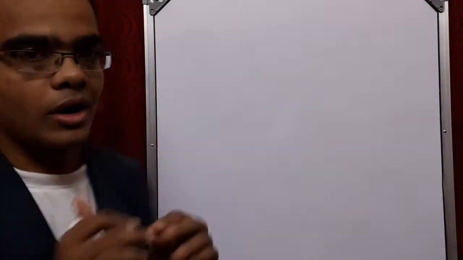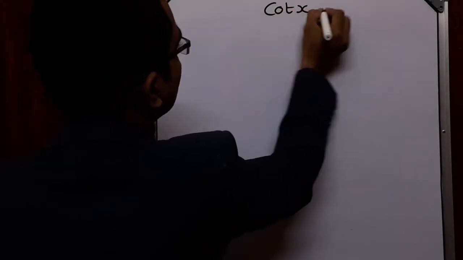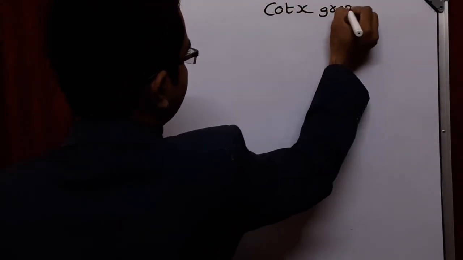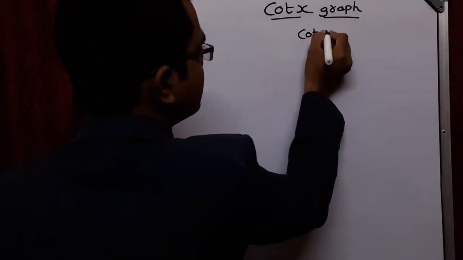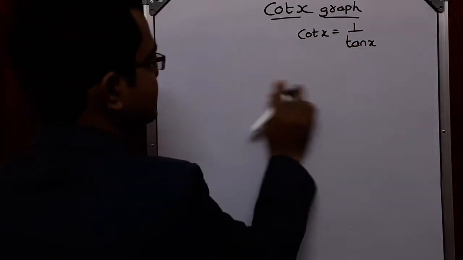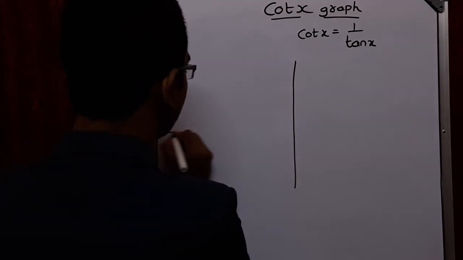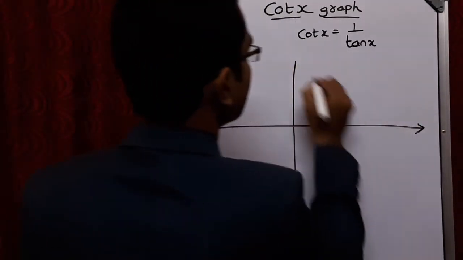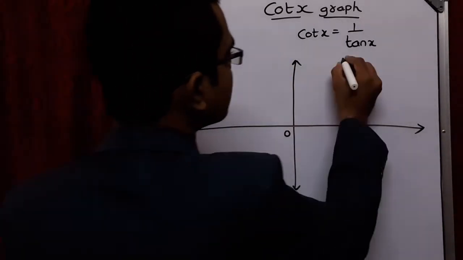Okay friends, so let's now discuss the cot x graph. See, cot x is nothing but the reverse of tan x. So cot x is equal to 1 by tan x. So let's see how it's going to happen. That means one easy clue we can understand is that cot x is not going to exist where tan x becomes 0. Tan x becomes 0 at 0,